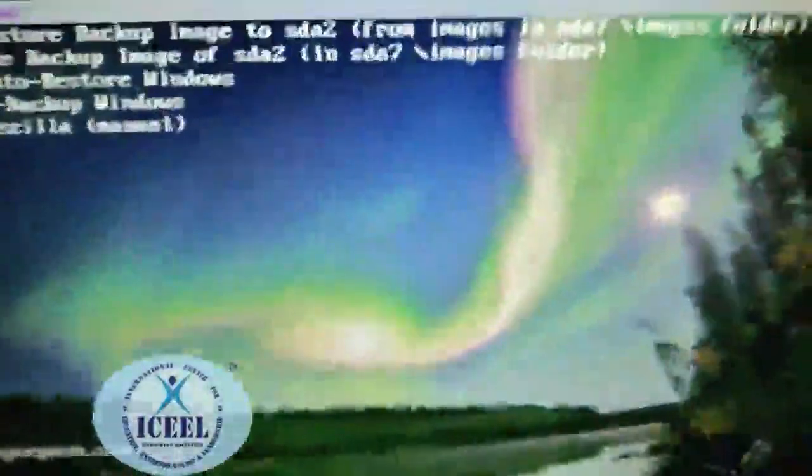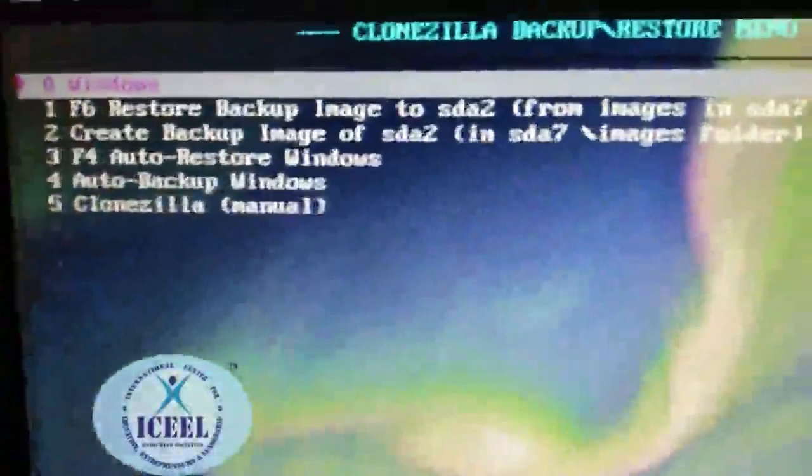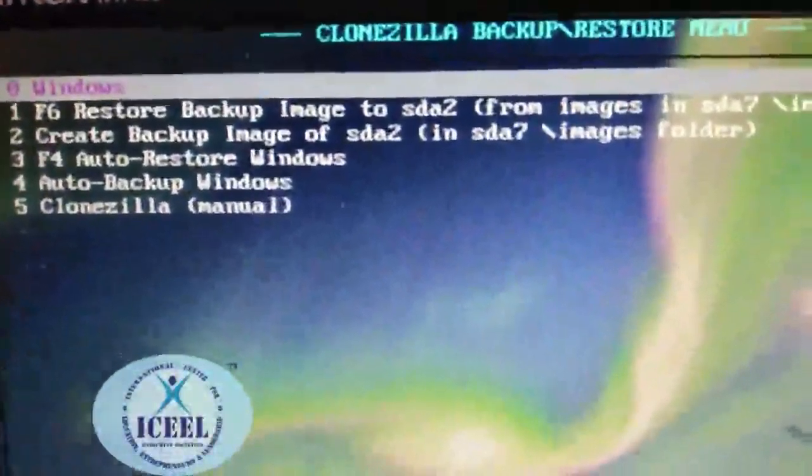You can see here, this is the Clonezilla menu. 0 is by default Windows, 2 and 4 are for backup. Automatically it goes into Windows, and you will see the Windows operating system getting started.